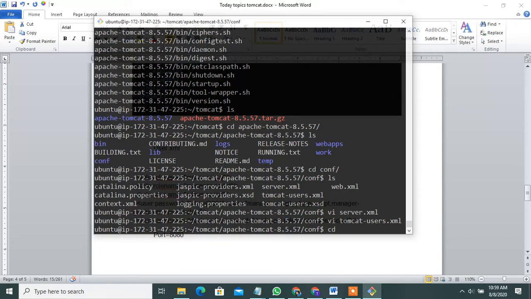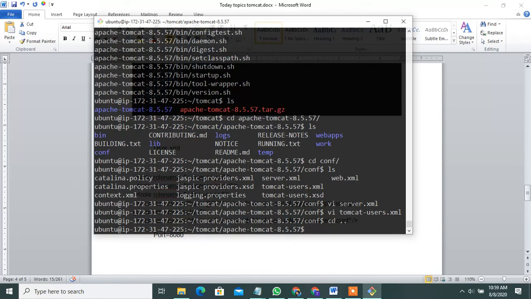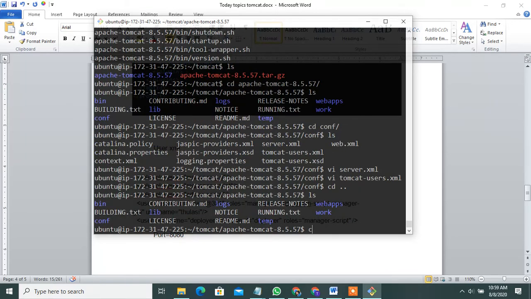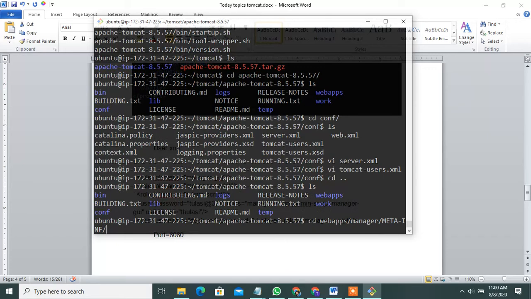One step back, check with ls, cd webapps, manager, META-INF.